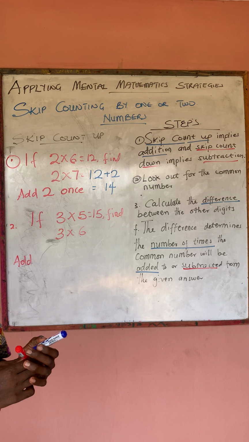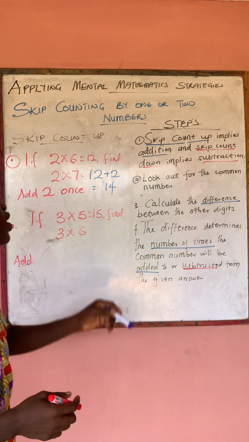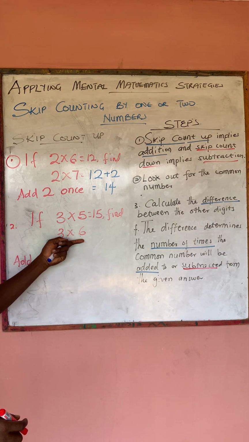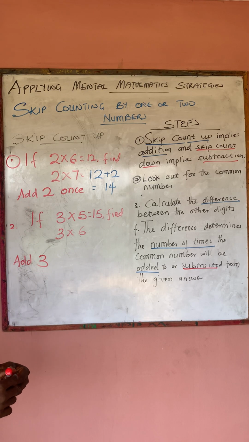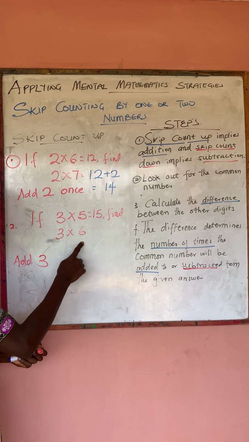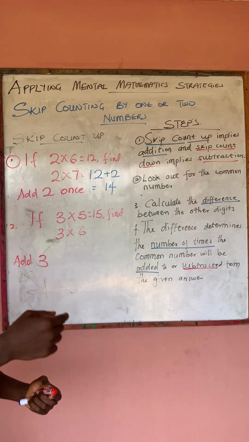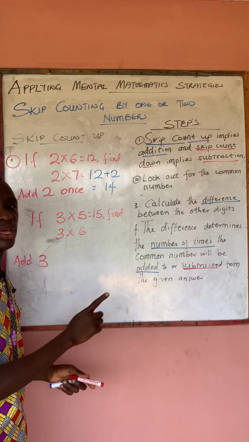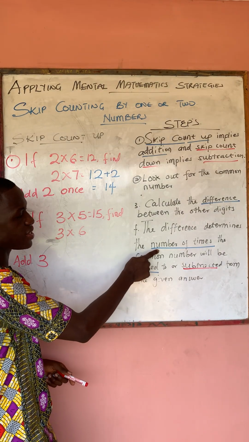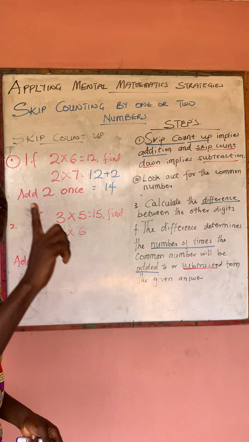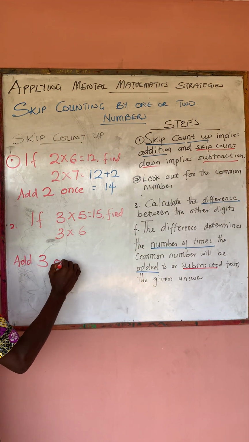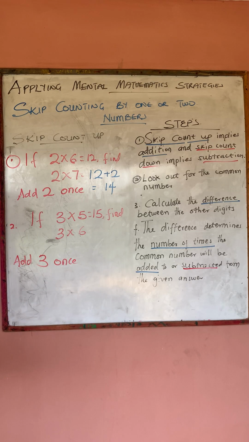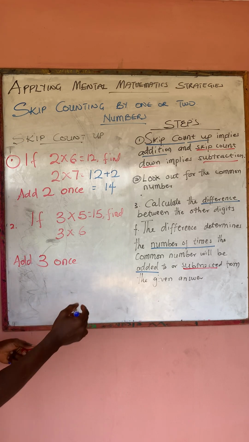Okay, we're going to use addition, so we add. Now the common number to 3 times 7 and 3 times 6 is 3. So we add 3. And the difference between 5 and 6 is 1. That implies that we're going to add 3 once, because the difference is the number of times. So if it is 1, we're going to add it just once. So add 3 once. Okay, so our solution becomes